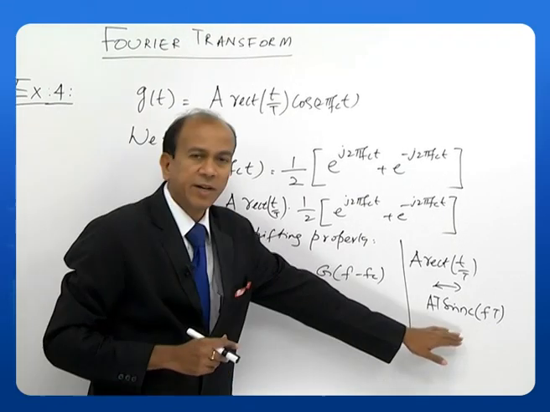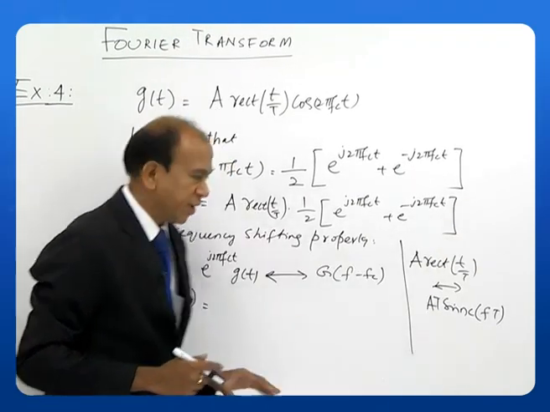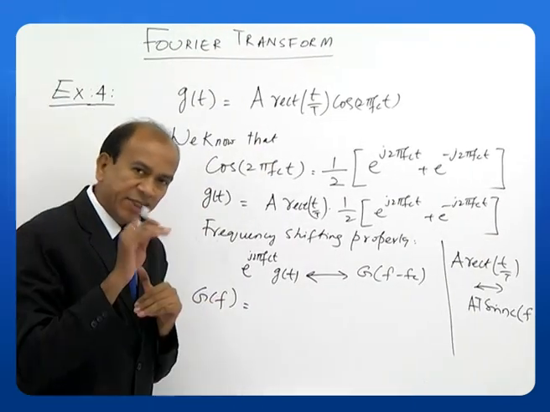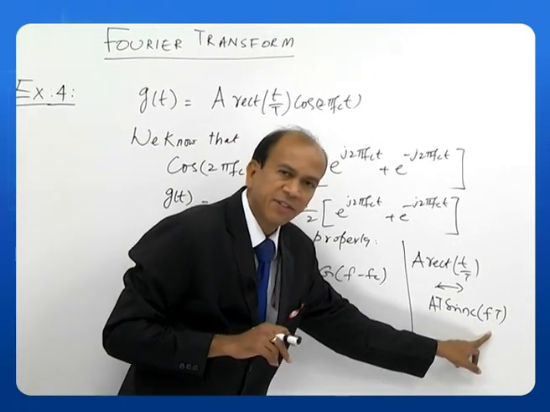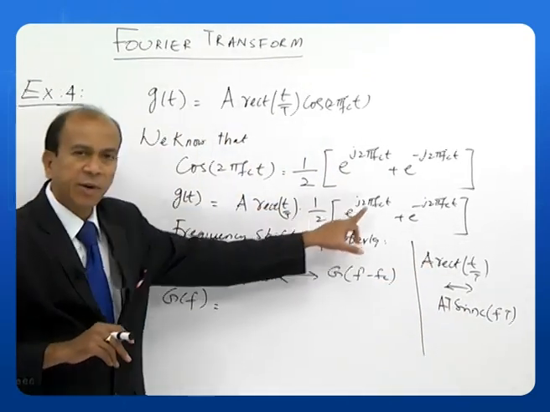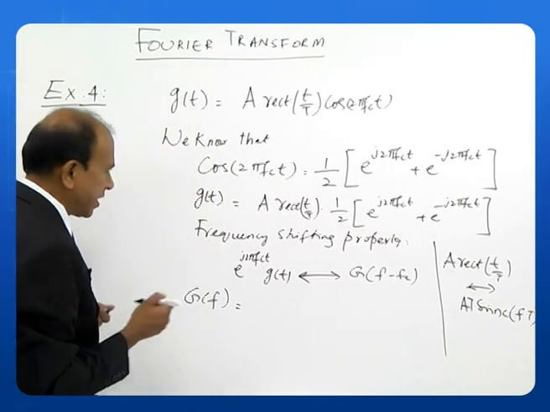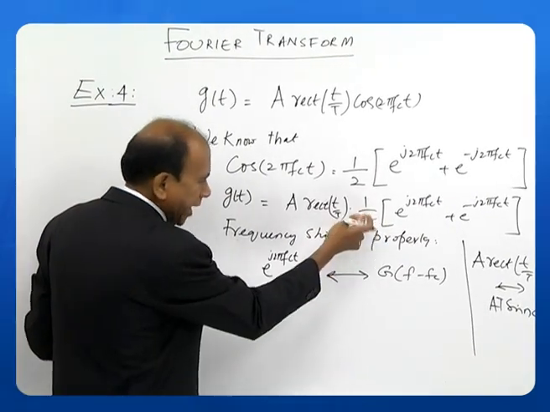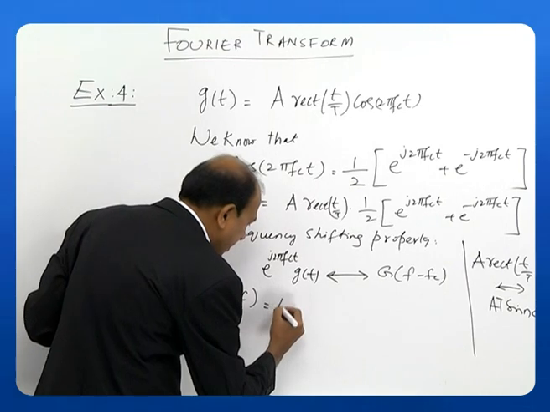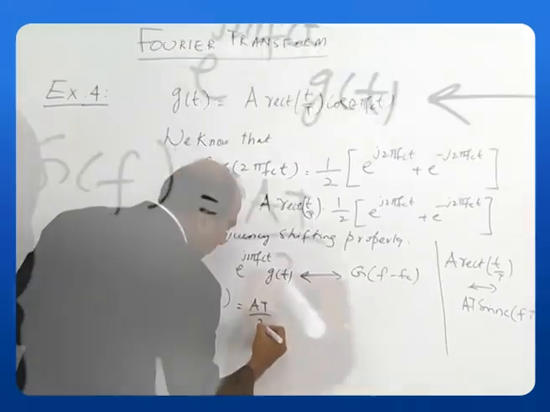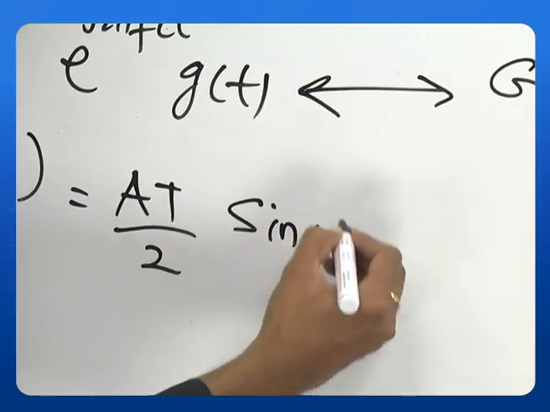So, this is the Fourier transform of our rectangular function. We will use that here, and with that I have to take care of the frequency shifting which is happening because of the exponential multiplication. Let us write down here, because a 1 by 2 is common, I can write this as T by 2, sinc of